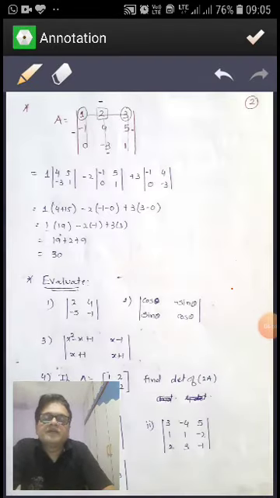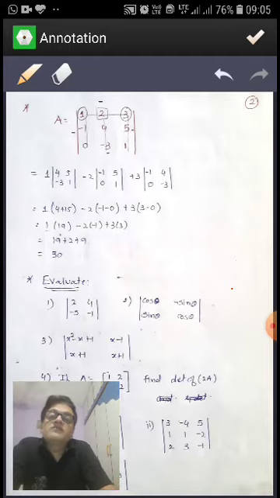Now taking an example of a 3 cross 3 determinant. See, one determinant is given: 1, 2, 3; minus 1, 4, 5; and 0, minus 3, 1. So as I told you, first I am taking the first row for the expansion. We can use any of the 3 rows or any of the 3 columns for the expansion, but the value will be the same all the time. So now, first, I am taking only the first row. Afterwards I will teach you how to find the value of the determinant by using another row or another column.